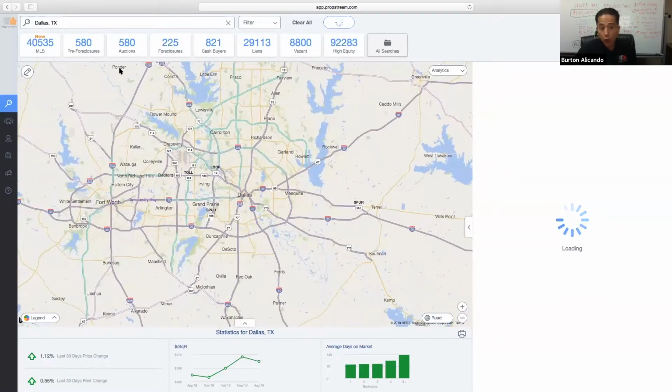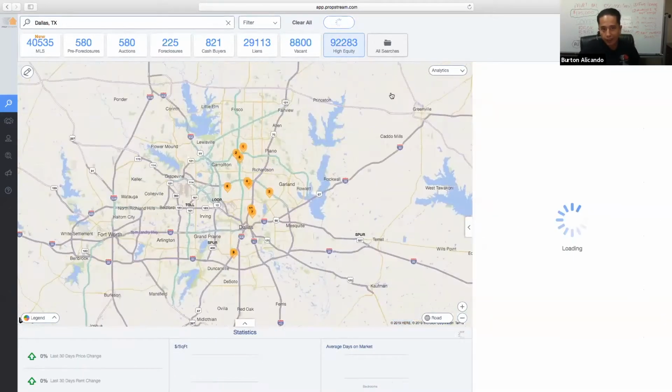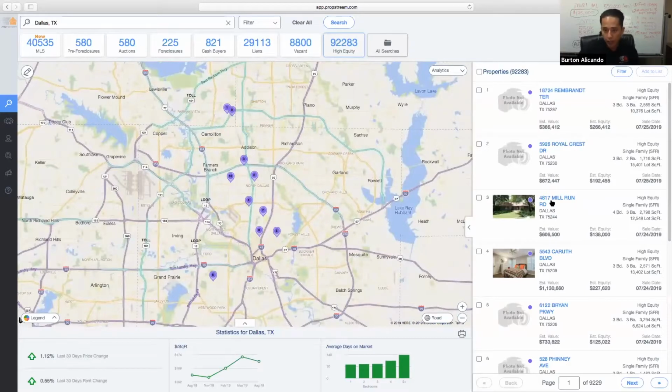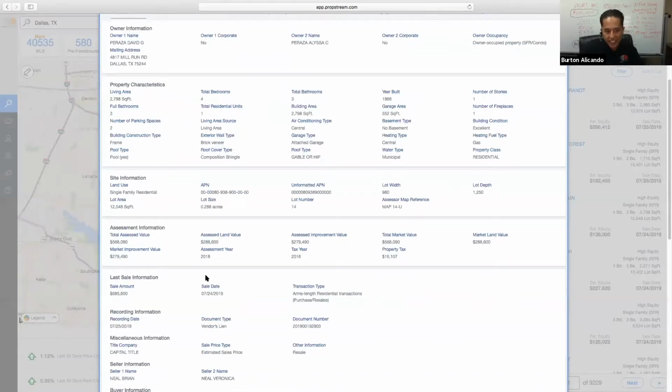So you're never going to know what a property sold for from the county. The county is never going to give you that information, right? So if I go to Dallas and I look at a high equity property and I click on one of them, for example, it's going to say, hey, the property sold for $585 last month. But when I actually go to the details,